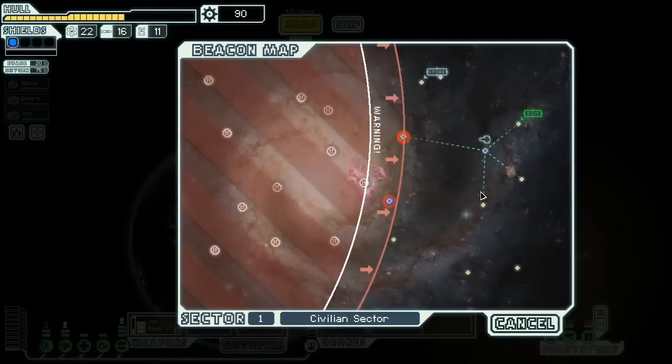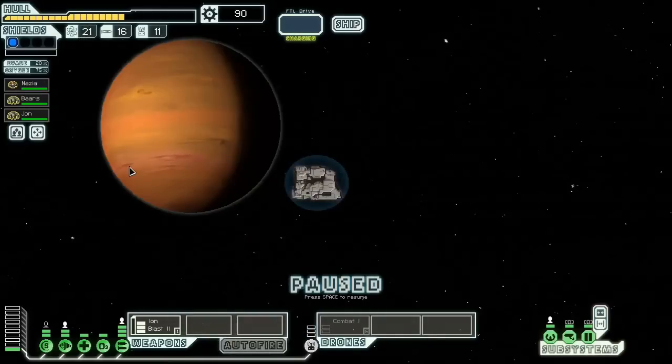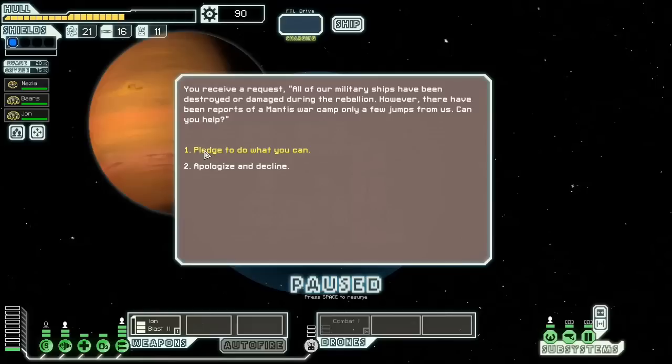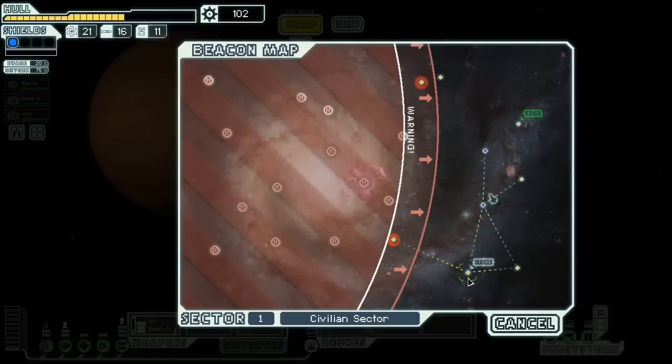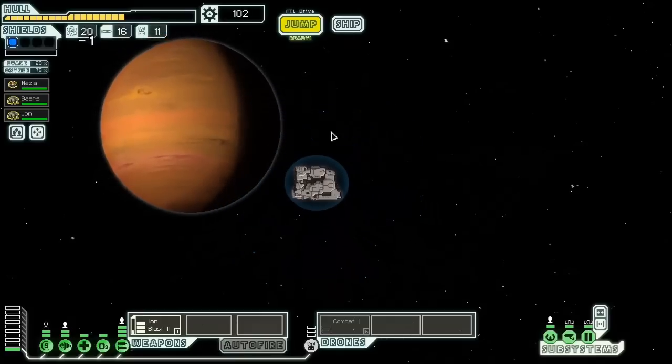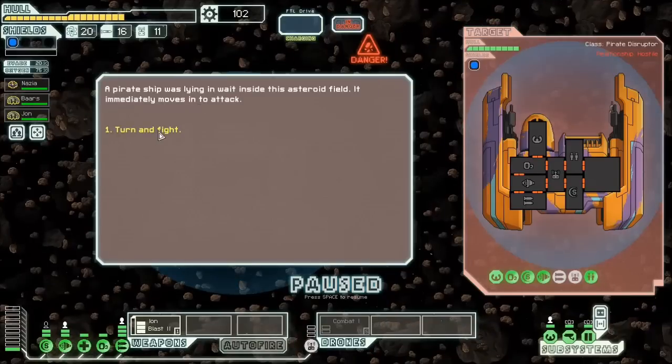Quarantine sector, alright. I should have a few jumps here. And pardon the nose, it's the spring, that happens. Okay, so all of our artillery ships have been destroyed or damaged during the rebellion. However, there have been reports of a Mantis war camp only a few jumps away. Can you help? I want to do what I can, and we get a quest marker in the next sector. There's another store, so if I had gone that way, I would have been able to hit a store. Unfortunately, if I go to that store, I'm going to get fried by the rebel fleet pursuing me. So there we go. Maybe I should have upgraded my shields earlier, but